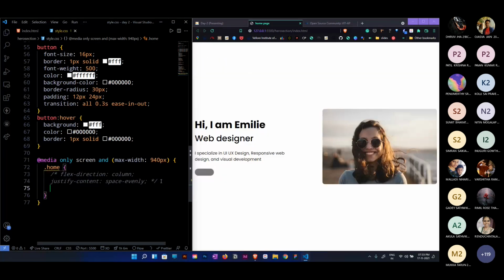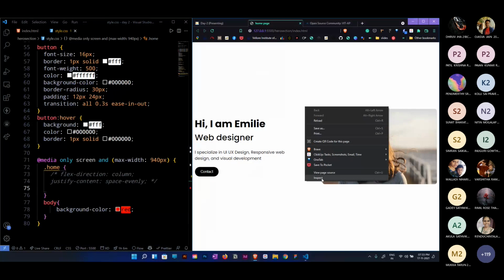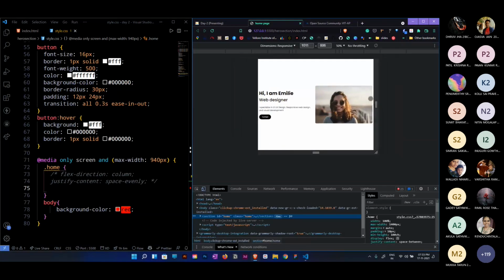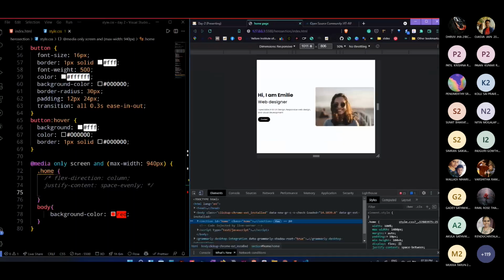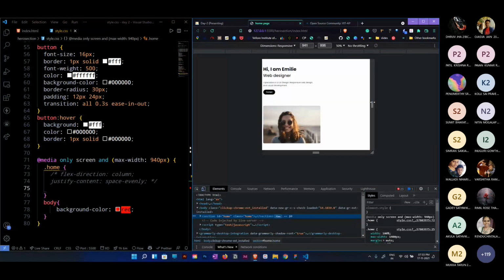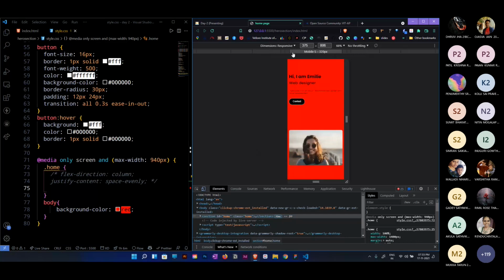Before that, let me just change the body background just to show you when it's triggered. Background color to red. Okay. You just check, observe over here, this is the width, which is 1011. It will be changing. The moment I hit 940, it changes to red. That's the point where these particular stylings will trigger. Understand the thing. And why specifically 940?